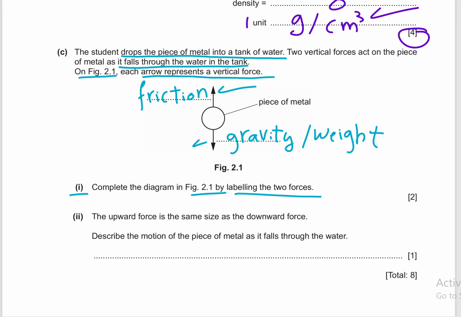Now, in part I here they say the upward force is the same size as the downward force. Describe the motion of the piece of metal as it falls through the water. So here, the total force acting on the piece of metal, the total force is 0. Why? Because the upward force equals the downward force, which means that F total equals 0,